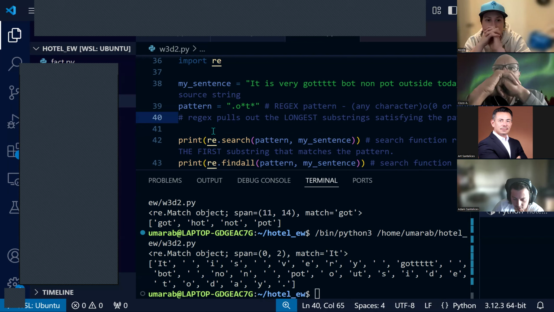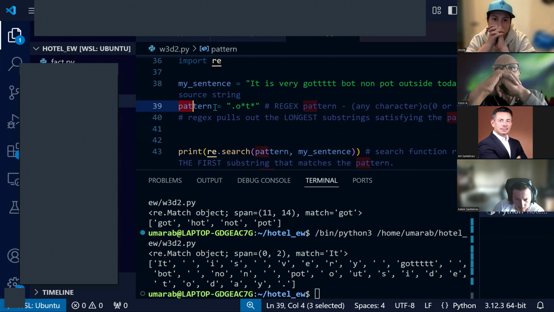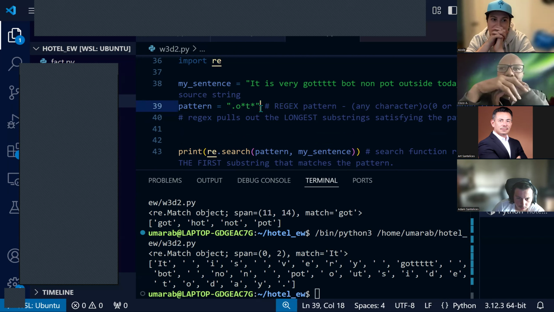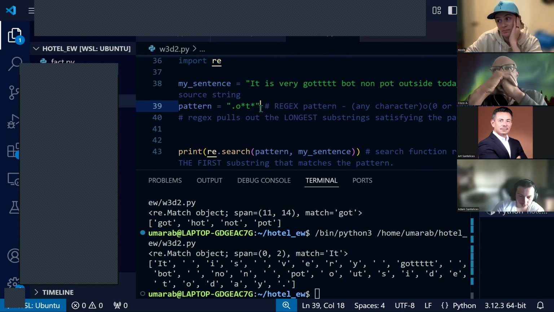So let me ask you guys this. What is the shortest string that satisfies this pattern? How long is the shortest string satisfying this pattern? 2 characters. Okay. Why do you say 2 characters? Well, when you were highlighting over non, it's taking the substrings and not just the ends of the strings. So NO